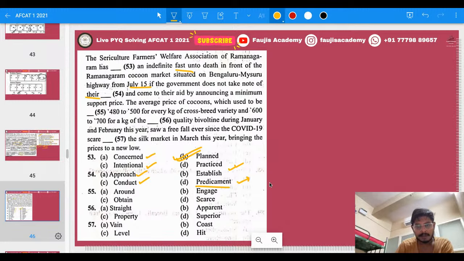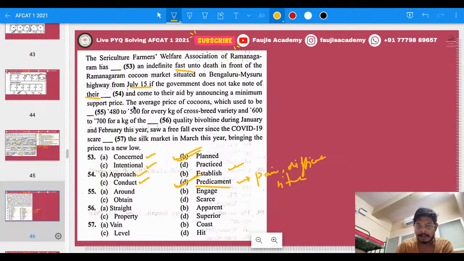Predicament means their pain, or being in a difficult situation. This is called your predicament. So does not take note of their predicament means their problems, and come to their aid by announcing